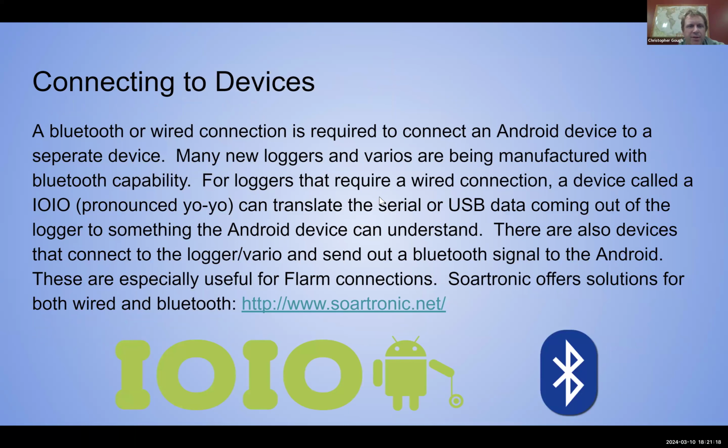So there's different ways to hook up to a Vario or whatever you're connected to, a FLARM device, something like that. Bluetooth is, I used to use a yo-yo board. A yo-yo board is basically a wired connection. It has to go through a conversion box that goes to your phone. So it goes from your Vario to the yo-yo box to your device. I was using that. I found a little bit of turbulence